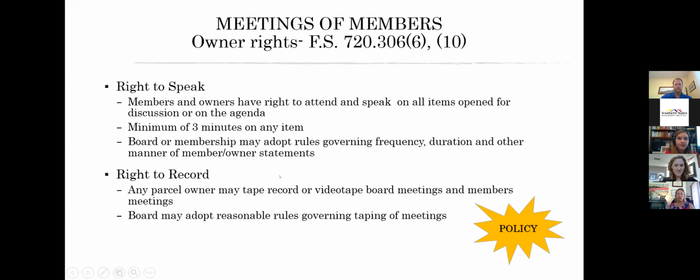Okay, so of all of my slides this morning, this is going to be the most painful, if that's the right word here, and that's because we're going to talk about owners' rights and the rights that your fellow members have, and that is the right to speak and the right to record. And these can be somewhat controversial at times, primarily the right to record, but I'm going to start with the